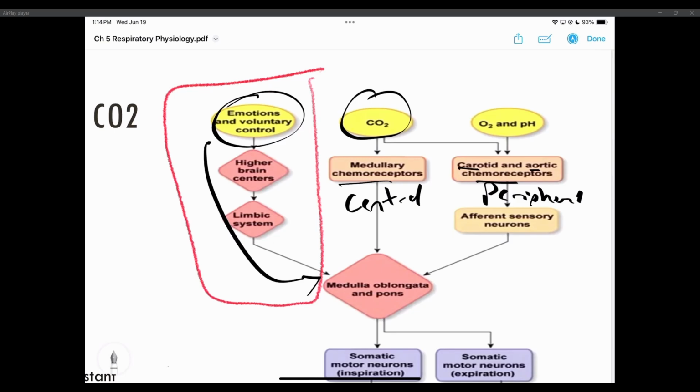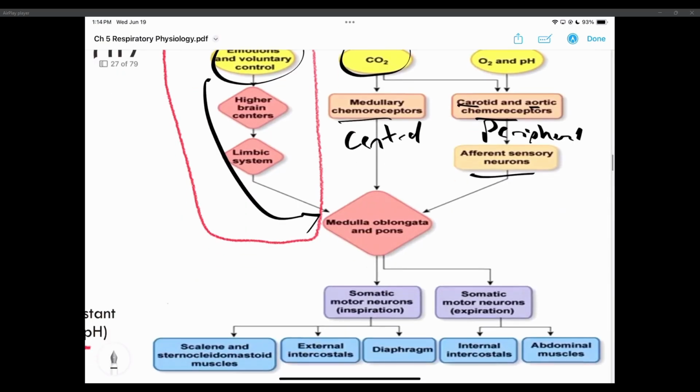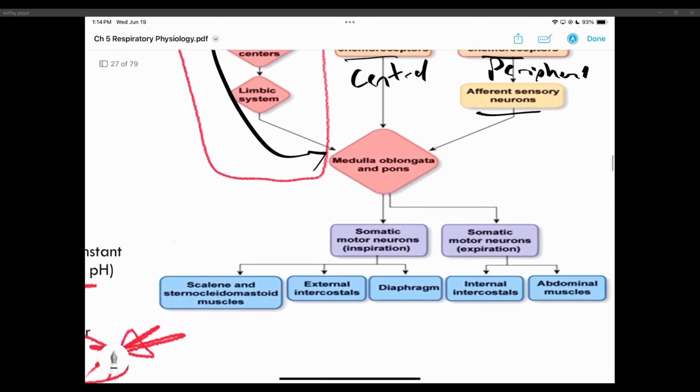O2 and pH are just peripheral, affecting your afferent sensory neurons going into the brain, and then it has its effect downstream. Somatic motor neurons for expiration: your internal intercostals and your abdominal muscles. That's how we expire. Those are the 2 muscle groups involved. For inspiration: diaphragm, your external intercostals, and then your scalene and sternocleidomastoid muscles, those are your